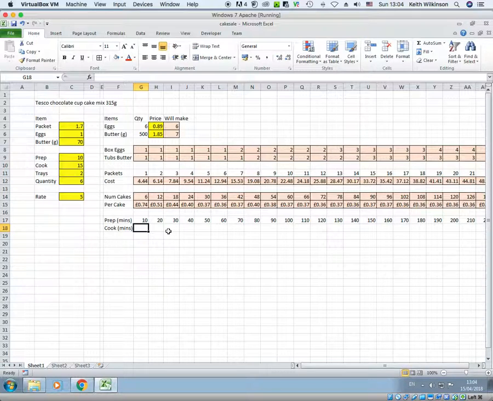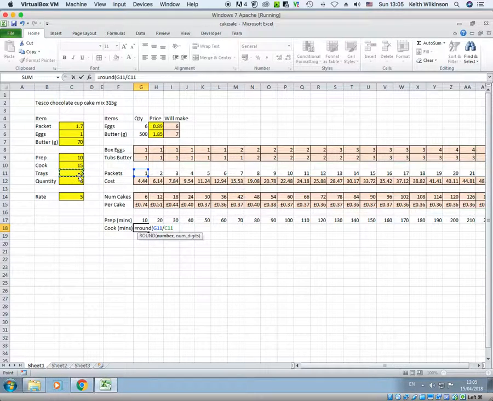So what I need to do is round. Okay, that's the first thing we need to do, is round the number of packets. Okay, and we're going to divide it by the number of trays. And don't forget, if we're going to drag right, we actually need to keep that still by putting the dollar signs in it. So that is saying that if I've got one packet, the maximum I can use is